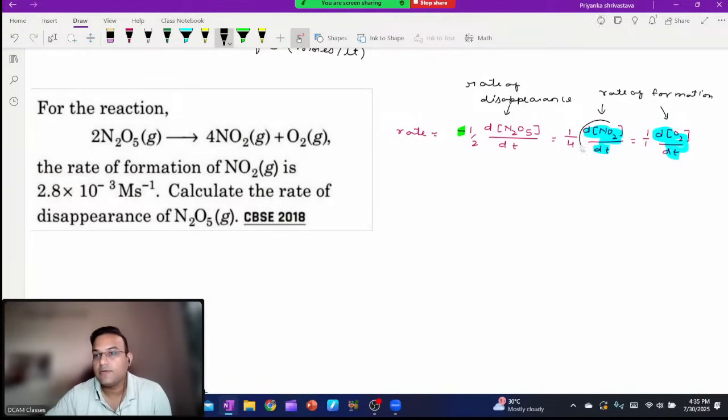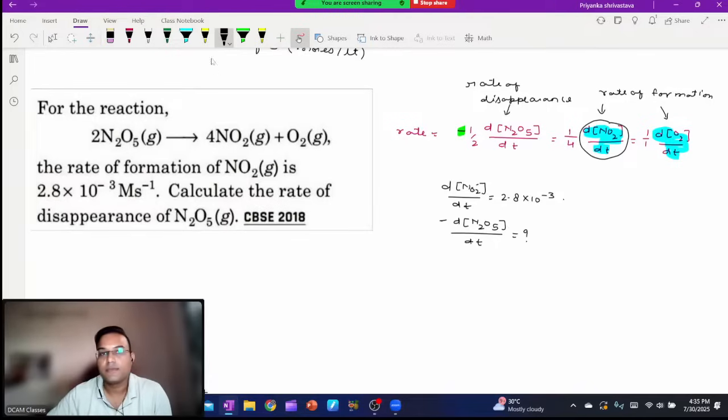They have given d NO2 by dt is equal to 2.8 into 10 power minus 3. Calculate the rate of disappearance of N2O5, so they are asking for the value of minus d N2O5 by dt. According to this relation, 1 by 2 into minus d N2O5 by dt